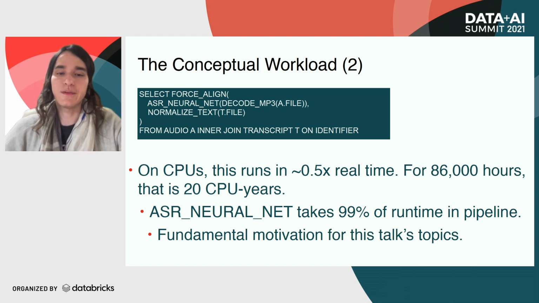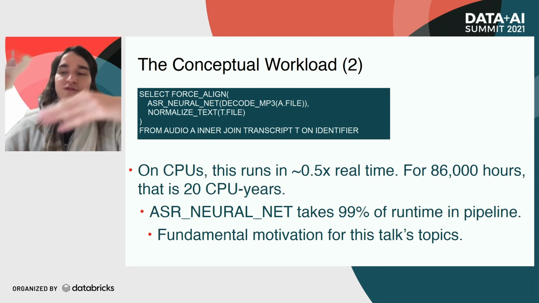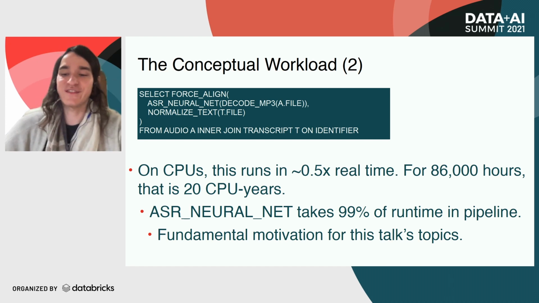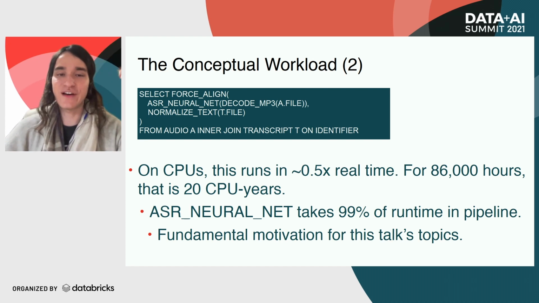here's the motivation for using TPUs or any accelerator for our task. Essentially, that ASR neural network function run on the CPU takes 99% of the runtime. So for our case, that was about 20 CPU years. And for perspective, we had, I think, only 32 CPUs available to us for various reasons. So that would take a little less than a year to finish. And with these sorts of data engineering workloads, you're not done after you do the first one. You want to iterate and keep trying new things. So when you take a little over a year to finish a job, you need to find a new solution.